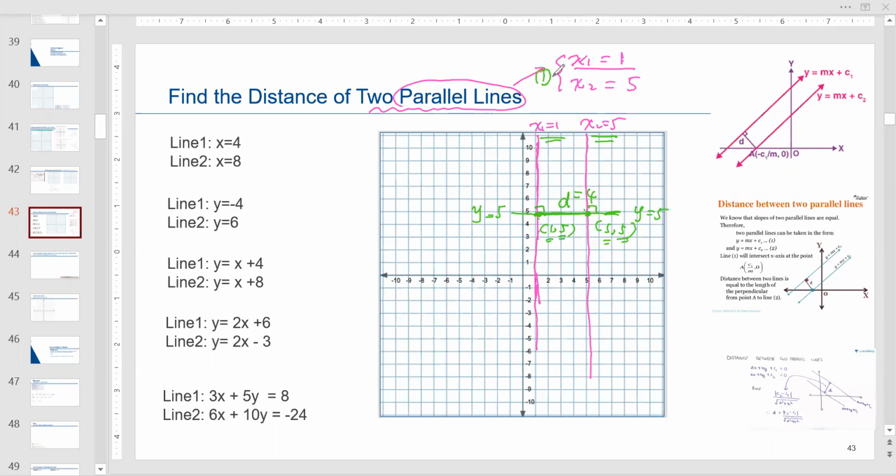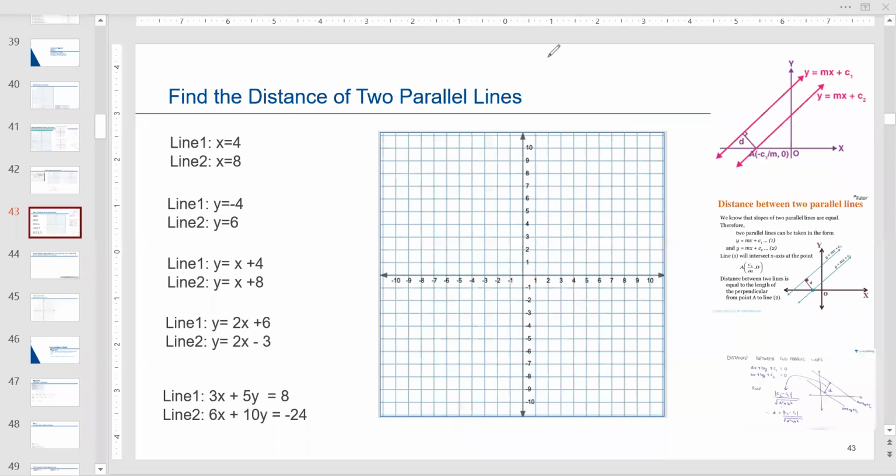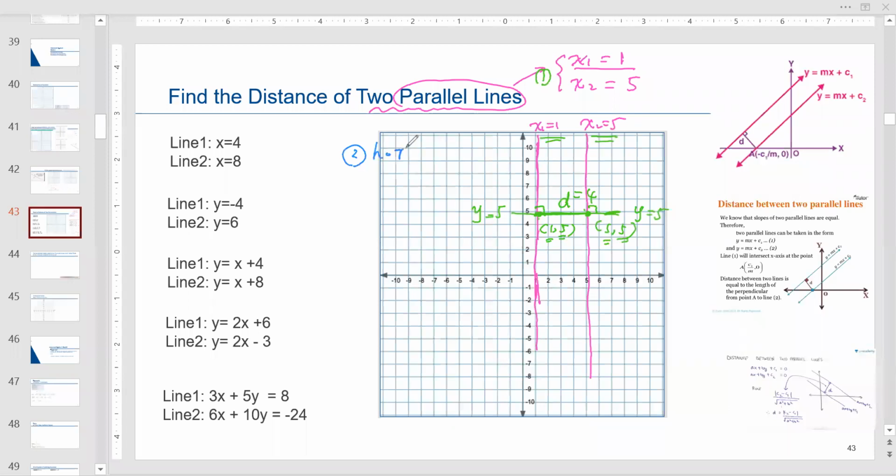Second situation: we say two parallel lines are two horizontal lines. Say y1 equals, I give whatever, -5, and y2 equals 6. All right. So you can see y1 equals -5 is right here, and y2 equals 6 is right here. So the distance between these two lines,